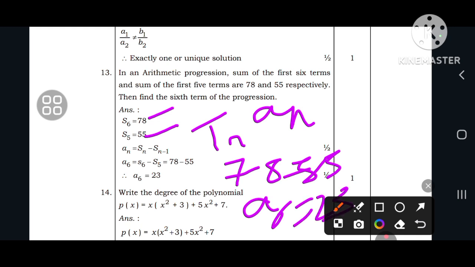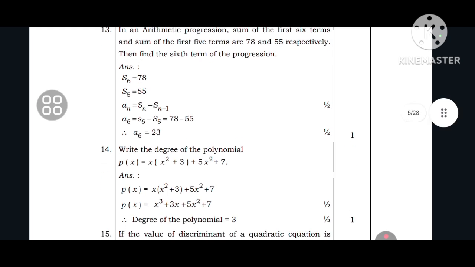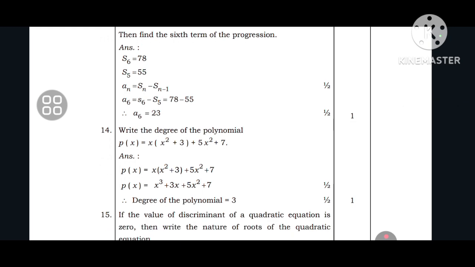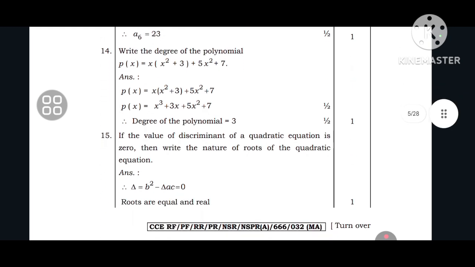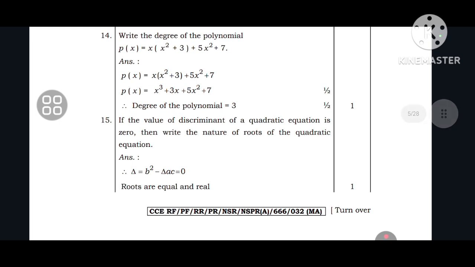You can see how they have solved here, because I have made these solutions and scheme easier for your examination. You can refer to them for your examination,